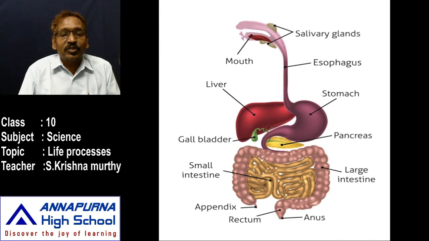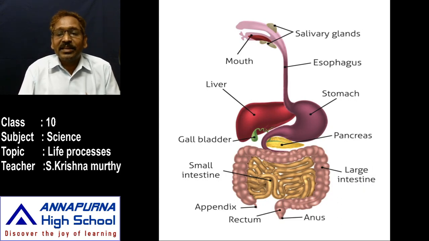In the duodenum there are no glands to secrete enzymes, but when food enters the part of the small intestine called the jejunum, that region contains some intestinal glands. We have learned that some glands are present in the oral cavity, which are the salivary glands, some are present in the stomach, the gastric glands, and some are present as intestinal glands. Along with these three glands, the pancreatic gland and the liver are also involved in digestion.